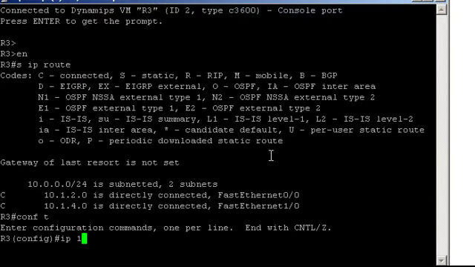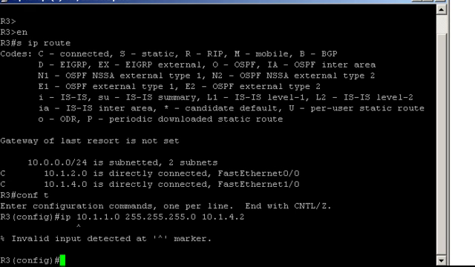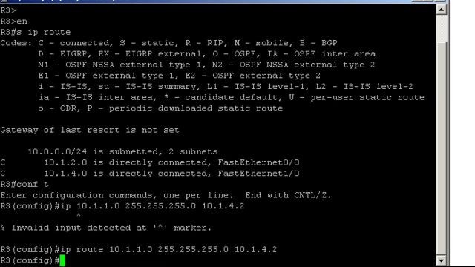So we'll add 10.1.1.0/24. And the next hop would be R2, 10.1.4.2. Okay, I forgot the keyword route. Alright,